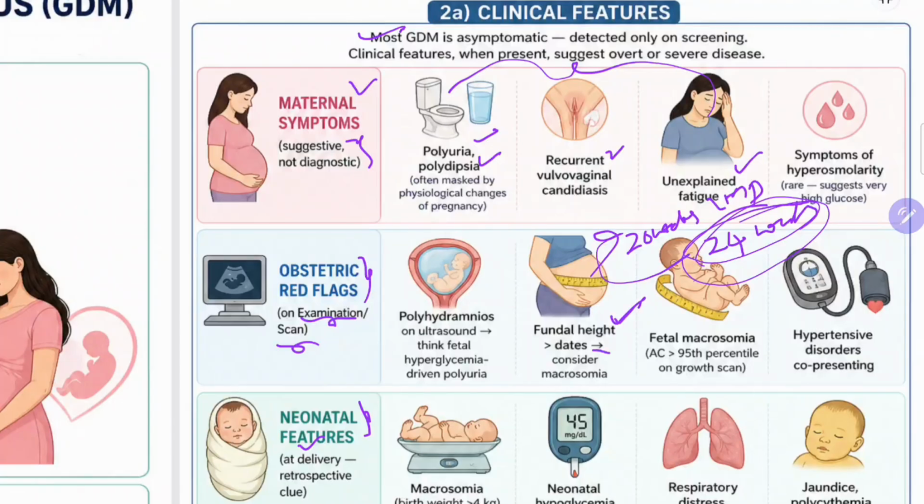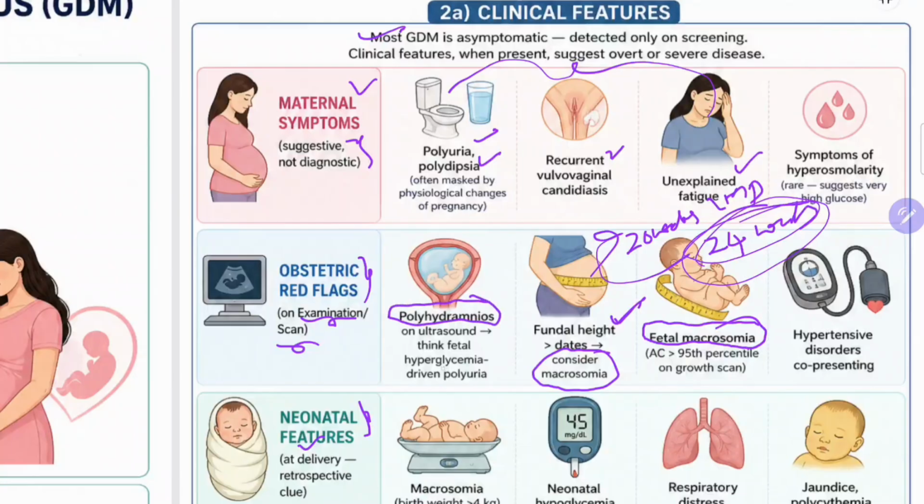So that means the baby is bigger. So that is a clue for diabetes, GDM. And fetal macrosomia, so this is detected by your obstetric scan. And another important thing is